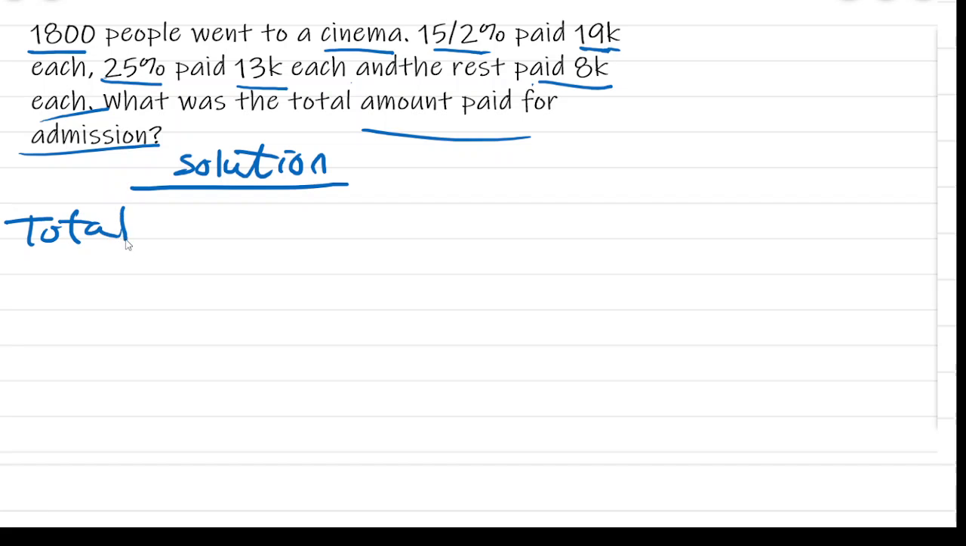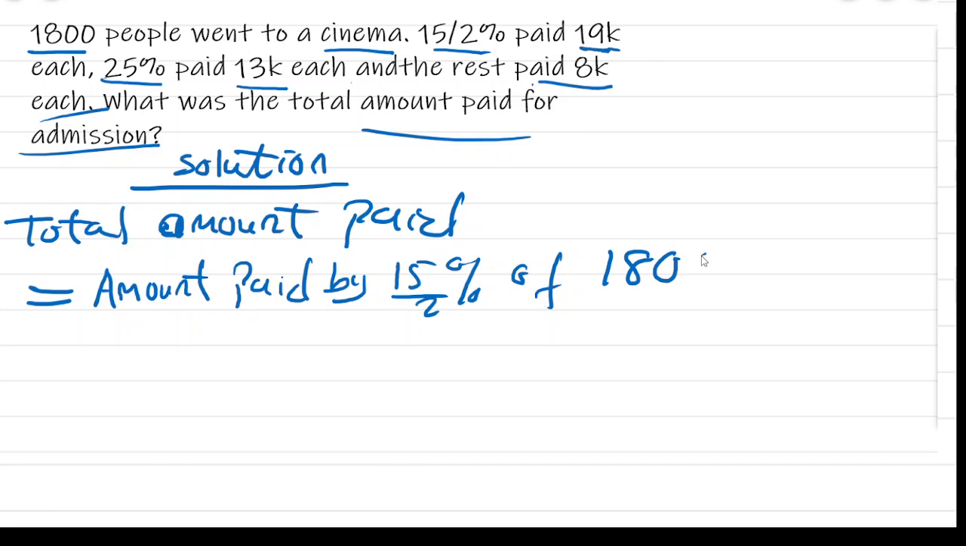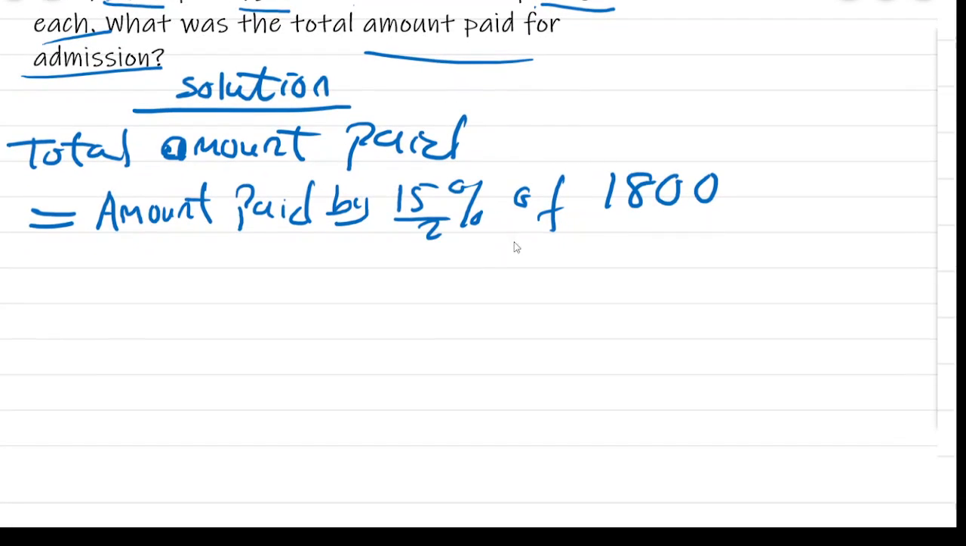Total amount paid will equal, first of all, the amount paid by the 15/2% of them. Amount paid by 15/2% of the population, 1,800. Okay, so that is the amount paid by this percentage of the population, and plus the amount paid